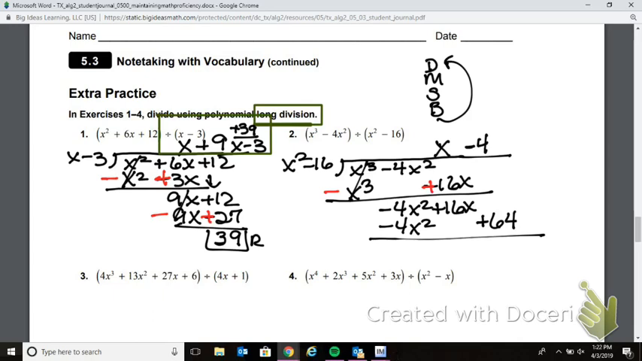Can you just put a 0? You can put a 0 to hold the place, sure. You could put a 0 here. Okay, and then we'll change these signs. These cancel, we end up with 16x